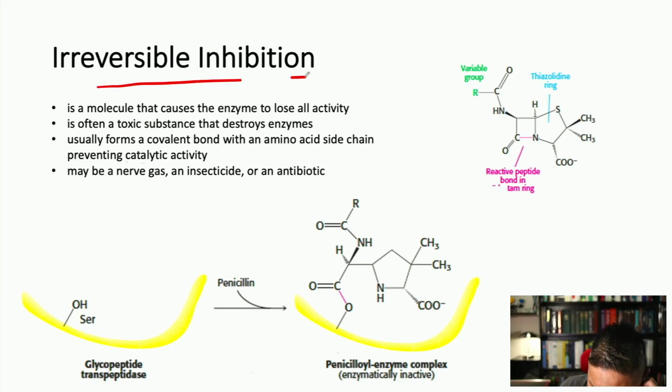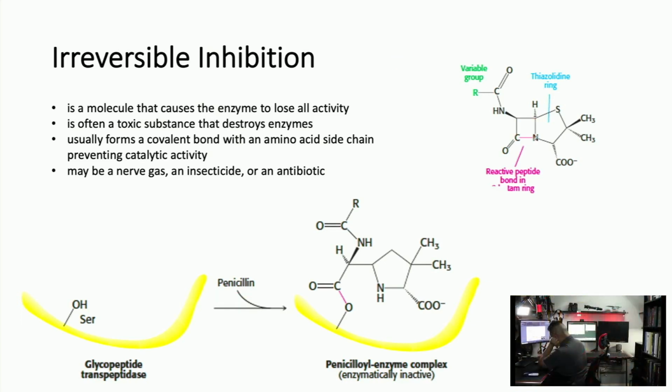And a very good example of this kind of inhibitor is antibiotics, specifically penicillin, which is known as a beta-lactam antibiotic. It's known as that because of this here. We have this four-membered ring right there. Let me erase it so you can see it a little bit better. The interesting thing about it is that there's an amide bond right here in this beta-lactam ring, right? That's the beta-lactam ring. There's this bond right here, and that's super unstable, right?